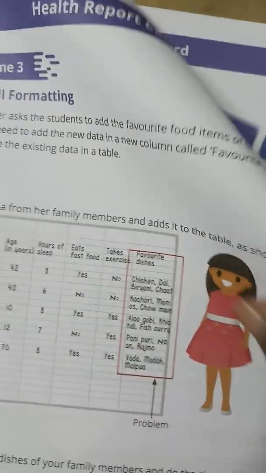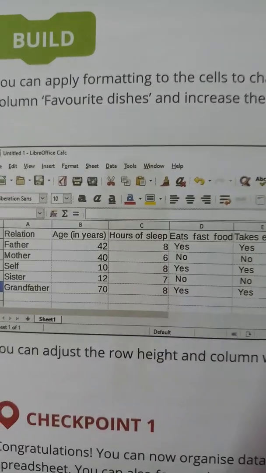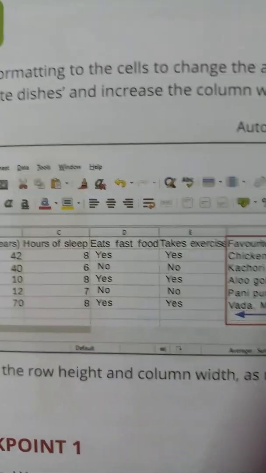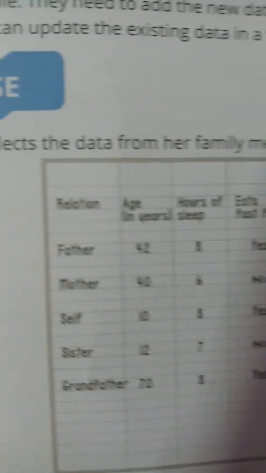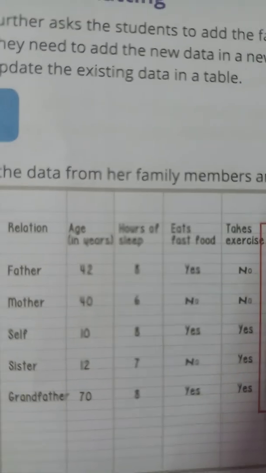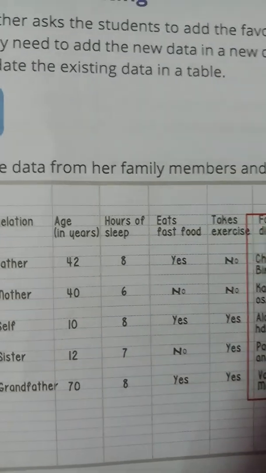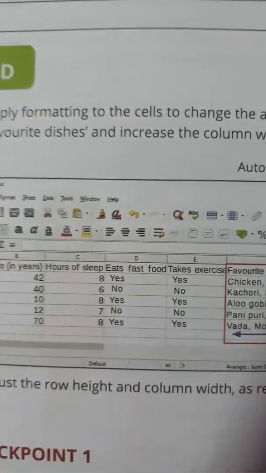For example, take page number 14. In that you can see it is fit into a single cell, when you compare to this one, which takes two cells.